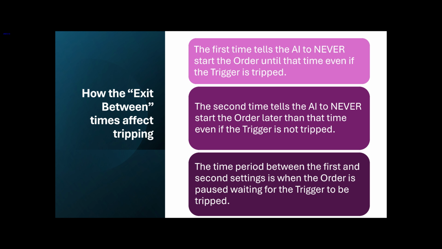The first thing to understand is how the exit between times affect tripping. The first time tells the AI to never start the order until that time, even if the trigger is tripped. The second time tells the AI to never start the order later than that time, even if the trigger is not tripped. The time period between the first and second settings is when the order is paused, waiting for the